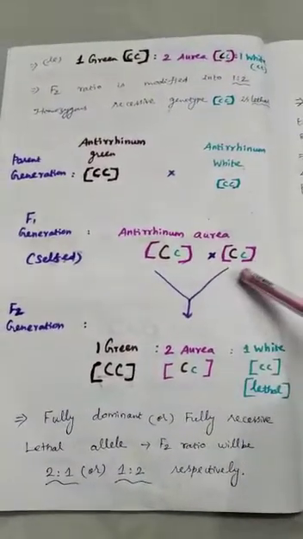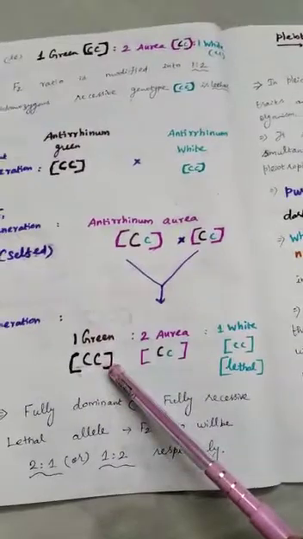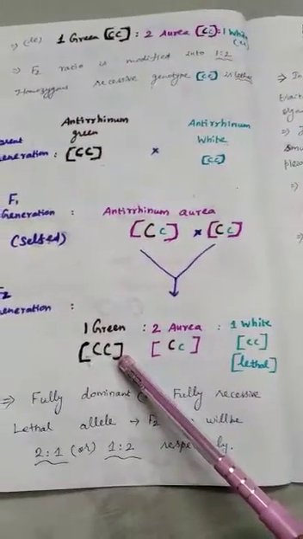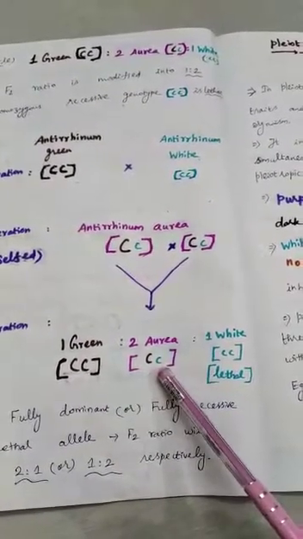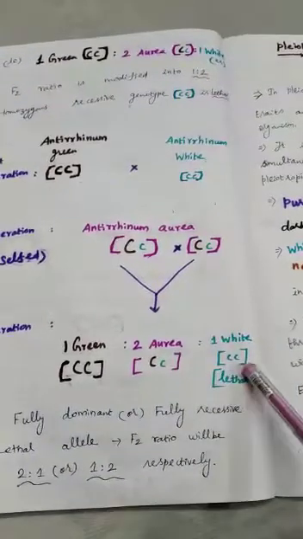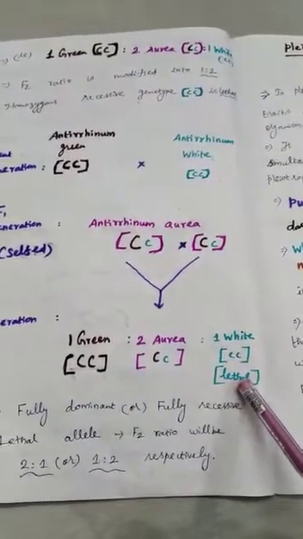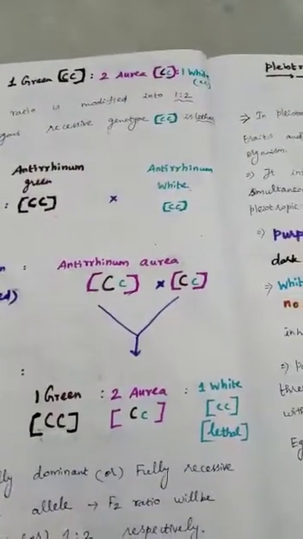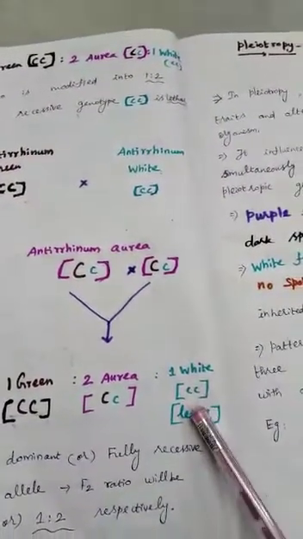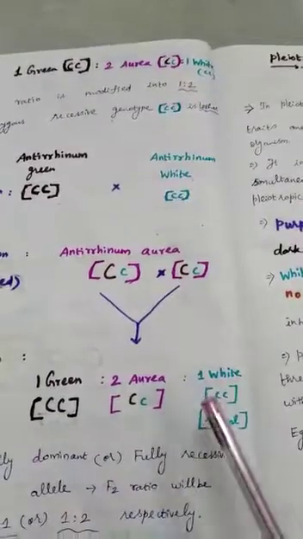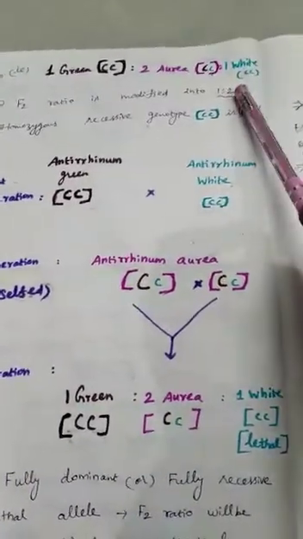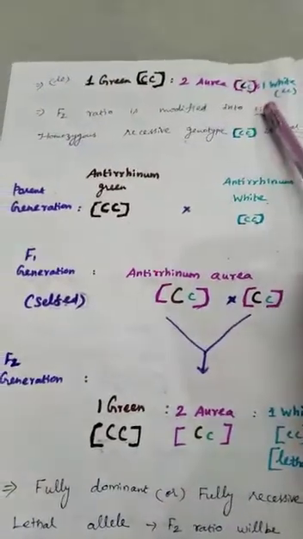The F1 generation is selfed, or interbred with each other. In the F2 generation, one is capital CC, the dominant parental character, two are heterozygous, capital C, small c, and the remaining one is white, small c, the lethal gene. Since the white plants lack the chlorophyll pigment, they will not survive. So the F2 ratio is modified as a 1:2 ratio. This is the homozygous recessive lethal.